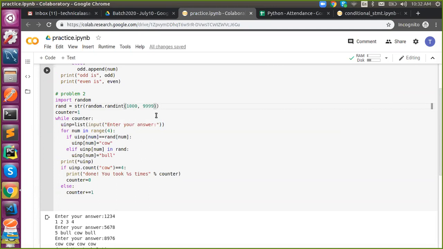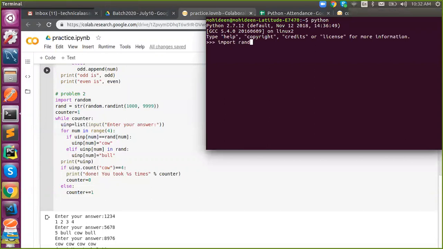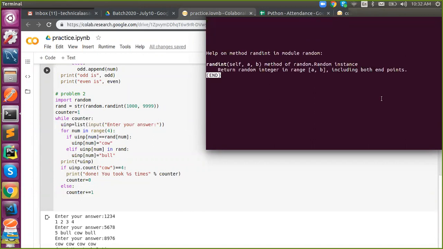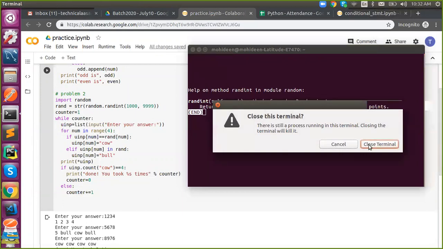In the case of range, the end value is ignored, but in random, this will give you both the starting and end point. This is what they meant in the documentation. I'll show you in the documentation. They said both are included, including both the endpoints. So the end value is also included, but in the case of range, it is not included. So, number.